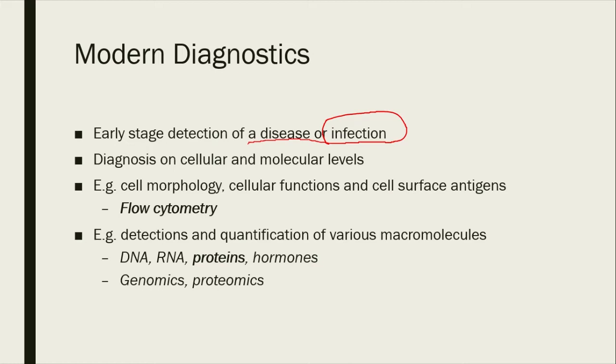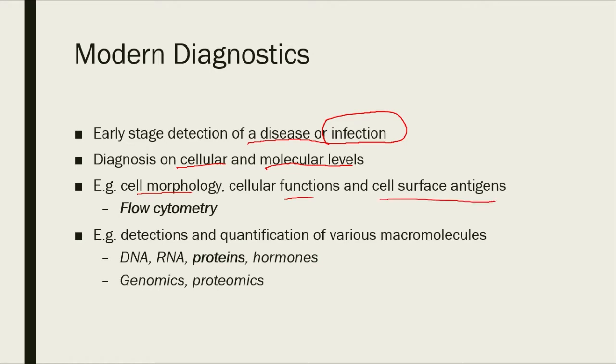And diagnosis, basically there are two grand categories in diagnosing diseases. One of those is called cellular level. Okay, we're looking at cells. Are these cells sick? Carrying a biomarker that tells you, hey, this is abnormal versus normal. Or at molecular level. Okay, now in the cellular level here, we're looking at cell morphology, cell function, cell surface